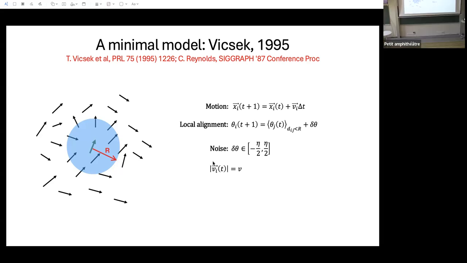So at each step you find the nearest neighbors within a certain radius r, and you tend to align the velocity to the average velocity of the neighbors. And there is a delta, what I call delta theta, which is a random noise. So the alignment with the nearest neighbors is not exact, but you can have some random Gaussian noise which tends to disalign the boids. Okay, so this was the very first basic example to model polar active matter.